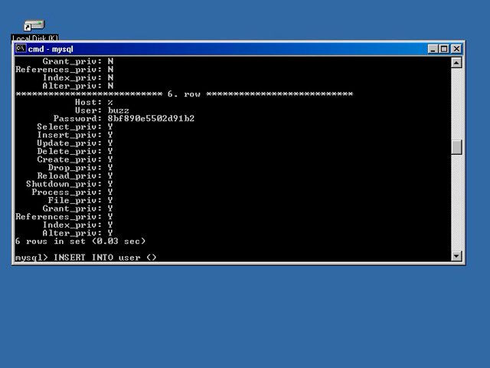Okay, now you see these are the privileges that these various users have, and setting this to Y or N, yes or no, will tell whether or not they're allowed to, say, create a table, drop a table, or do a select on a table. Now, instead of typing out a field for every single one of these, I'm actually going to only specify which ones I'm going to be adding data to. So that way I'll basically let all the rest of them default, and their default will be N for no. So first thing I'm going to do is specify what fields I want to insert data into. I'm going to be inserting into host, user, password, and I think the first 4 of these. So let's see, I'm going to be inserting into host